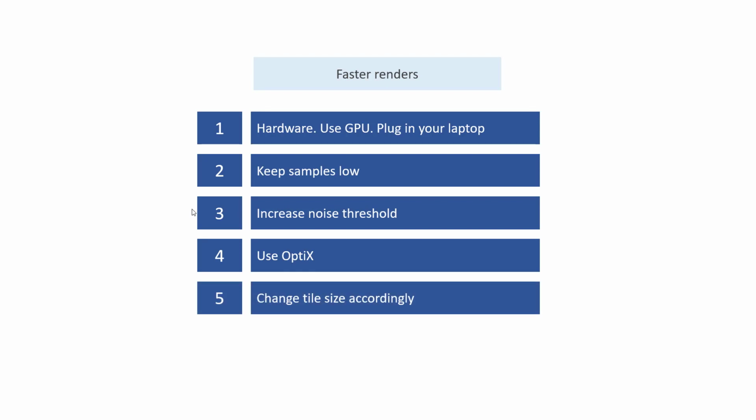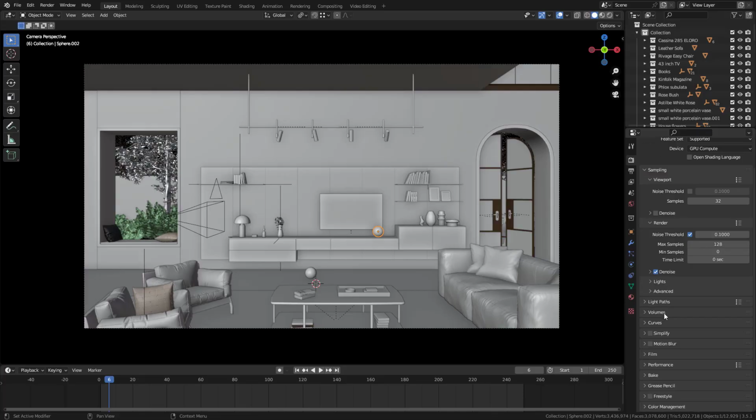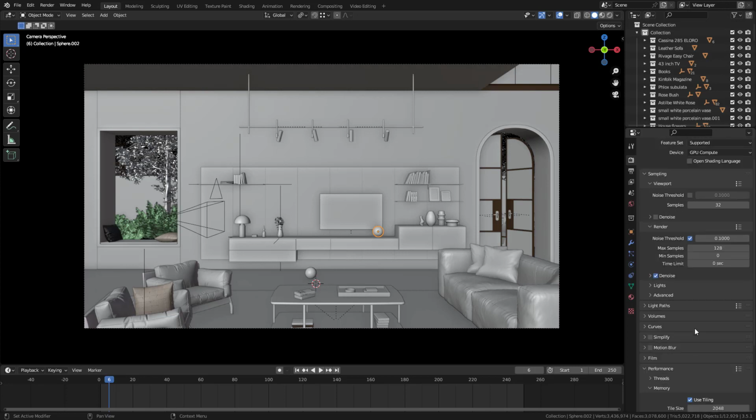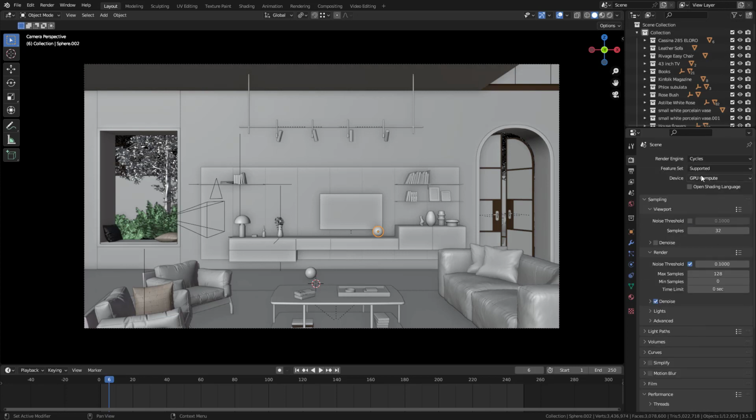There is something called tile size. I'll show you this now. So you will find tile size here in performance settings in your render settings. So use tiling, and here I have 2048 for GPU, and when you change this to CPU, you should